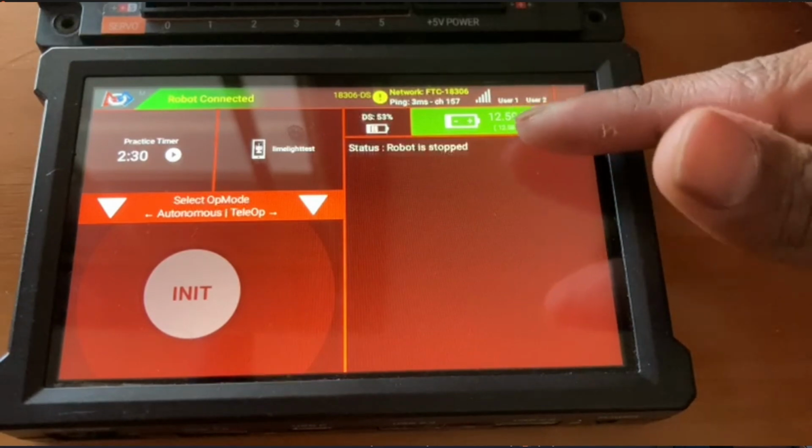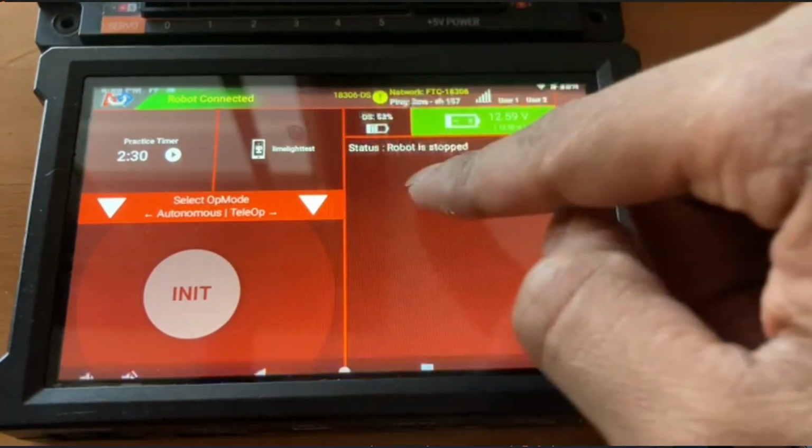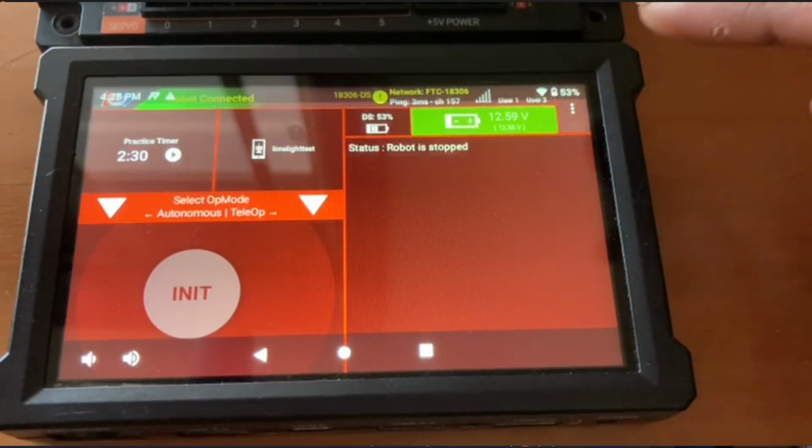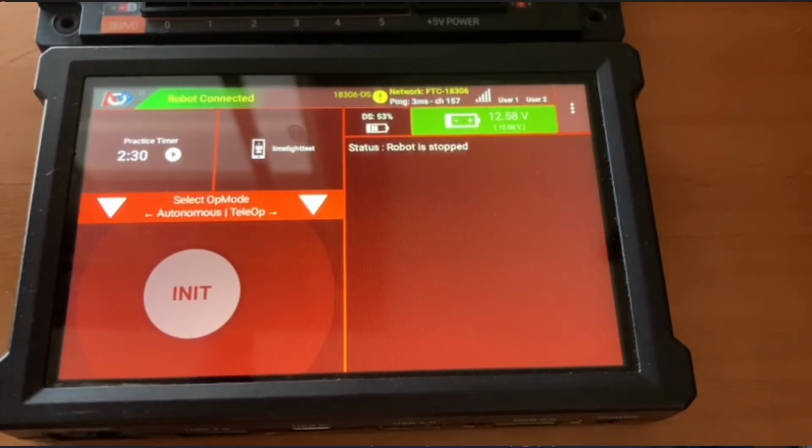If it gets below 12, you should probably change it out or charge the battery. We have the driver station battery, which is this over here. You can see it's 53%. That's actually a little low for this driver hub because the charge runs out ridiculously fast because it's a few years old. So I'm going to connect it to the battery now,